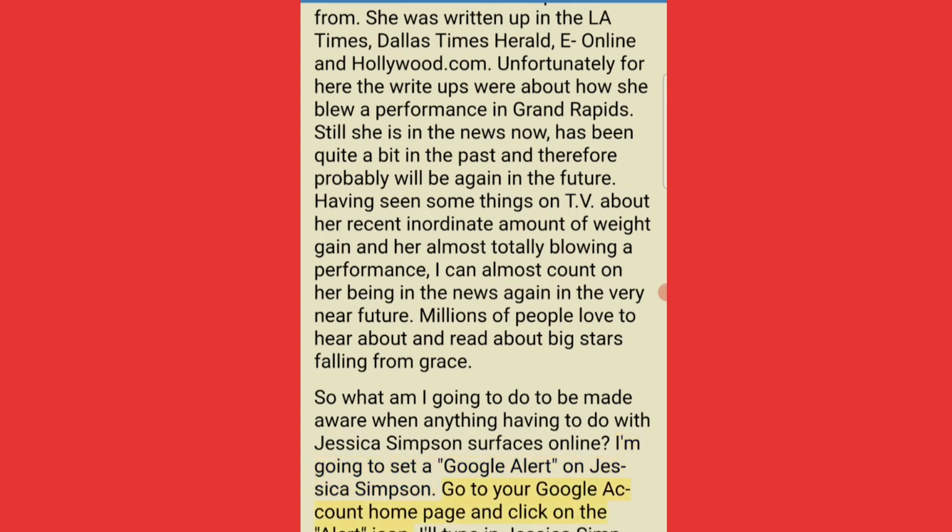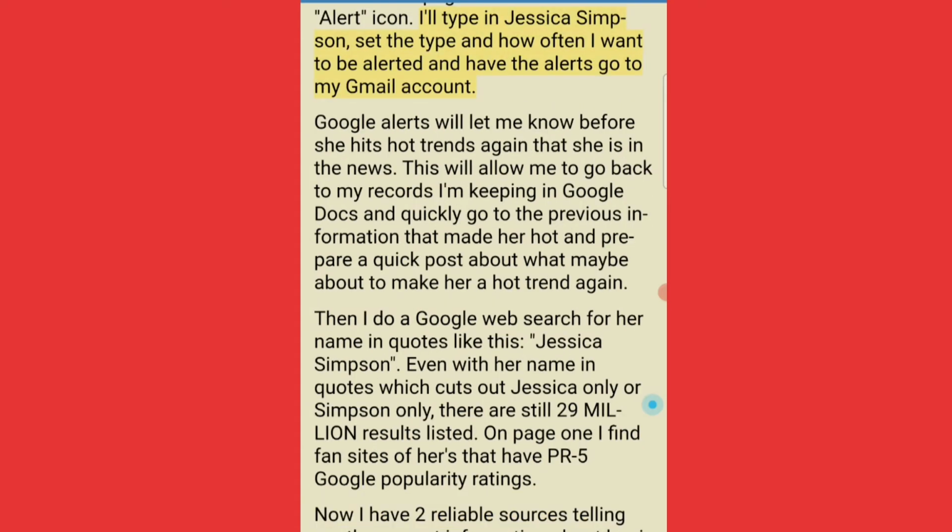Go to your Google account homepage and click on the alert icon. I'll type in Jessica Simpson, set the type and how often I want to be alerted, and have the alerts go to my Gmail account. Google Alerts will let me know before she hits hot trends again that she is in the news. This will allow me to go back to my records I'm keeping in Google Docs and quickly go to the previous information that made her hot and prepare a quick post about what may be about to make her hot